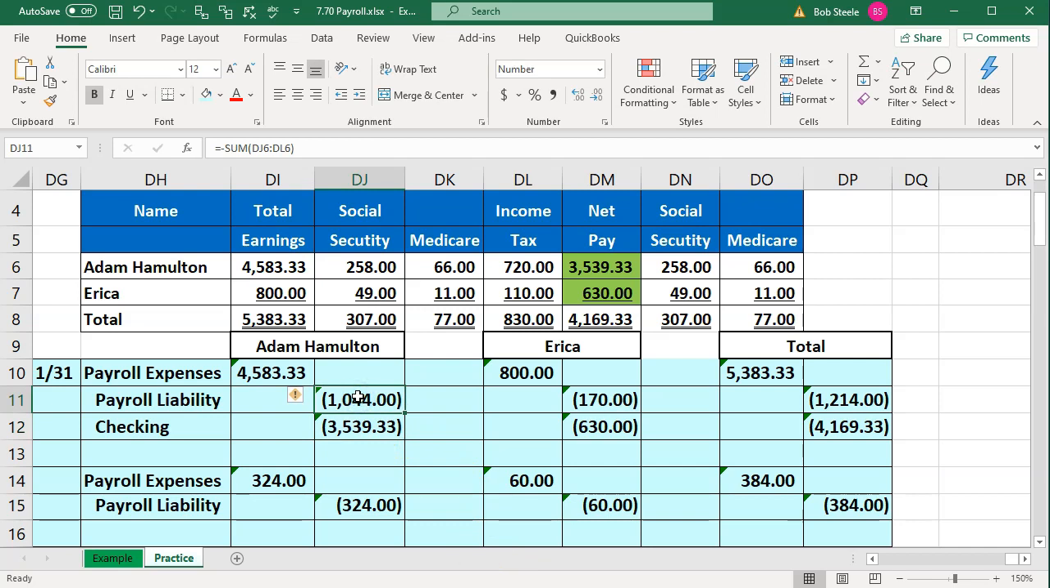We constructed it kind of backwards, right? We wrote the check. The check was for this amount. And then we wrote in the payroll expenses and the liability. This is the journal entry then that you can see there, or it might be easier to see in this format. We wrote the check for